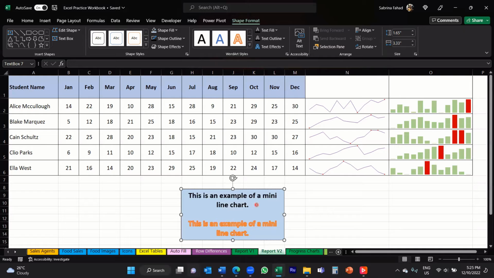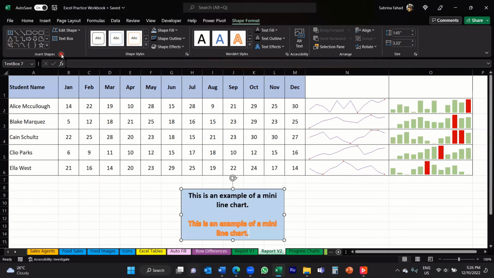Okay, so word art styles basically allow you to change the style of your text, and you can choose from one of these options, and you can also change the color of your word art. Another thing that you can do is on the far left, you've got insert shapes. So you could even choose different shapes such as arrows, rectangles, oval shapes, a triangle, okay, and you've got different arrow styles as well. So you can go for different shapes as well, and you can link those shapes to